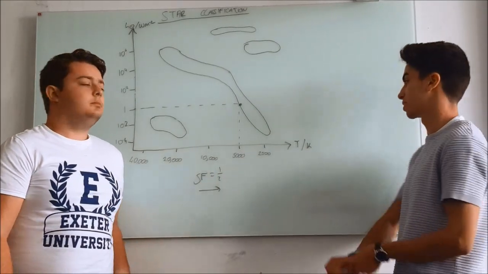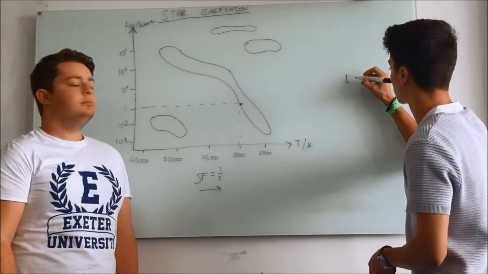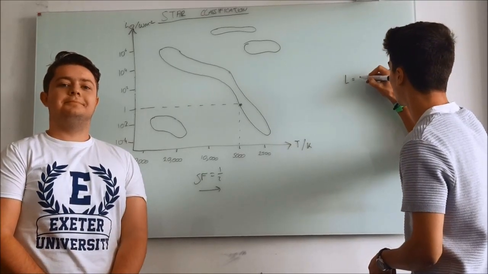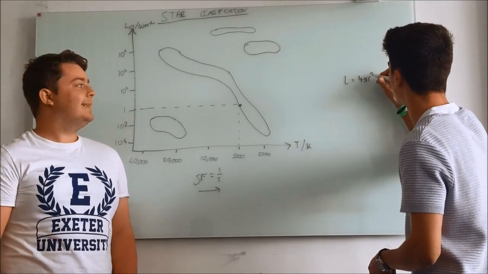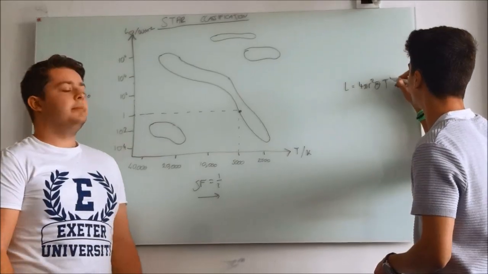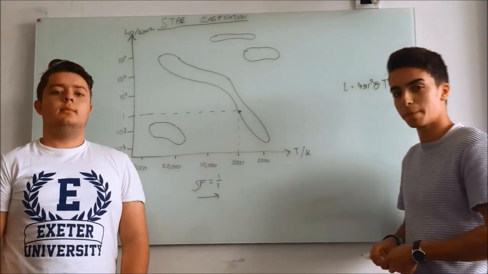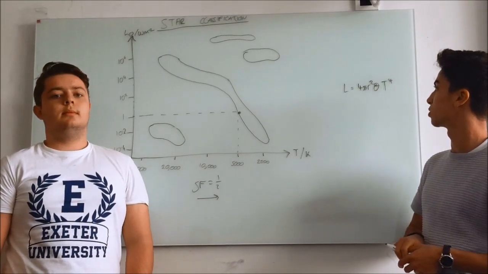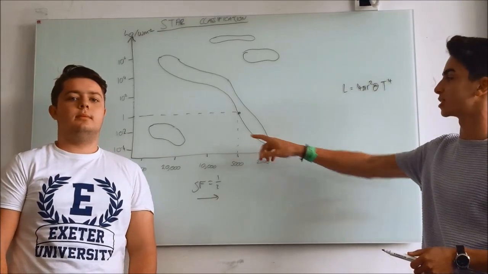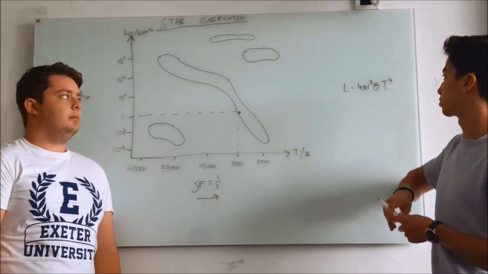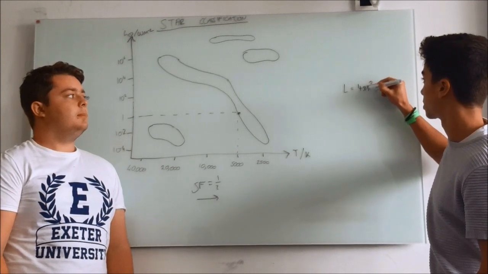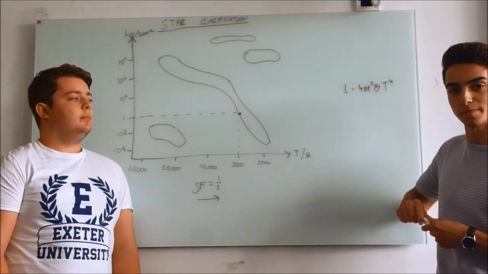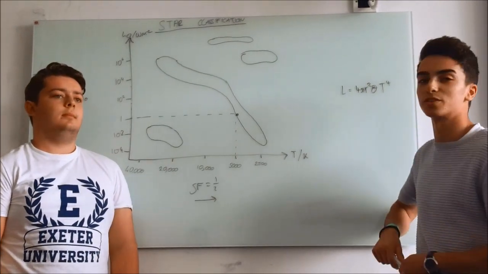Right, and there's an equation called the Stefan-Boltzmann law which relates luminosity and temperature. What's useful about this law is if the luminosity and temperature are both known, then you can rearrange this equation to find the radius of the star. And when you know the radius of the star, you can find out a bunch of